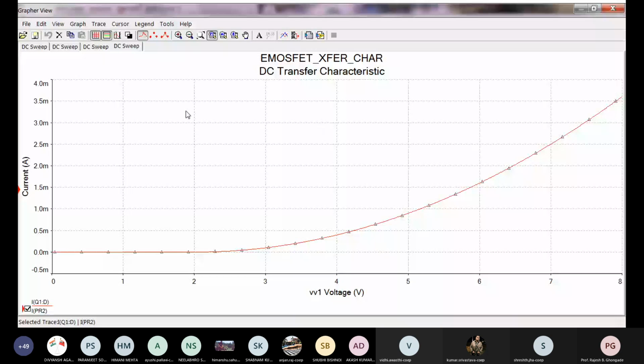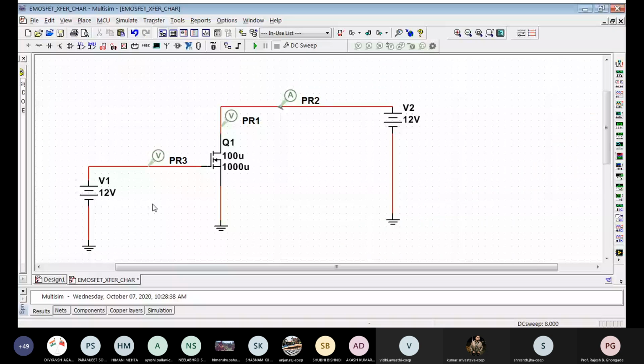Yes, sir. I think you should also try this. Look at the way in which I have rigged up this circuit. 12 volts as VDS. VDS doesn't play any role here at this point of time. Only this V1 I'm changing. This is VGS actually. So I'm changing the VGS and trying to find out the drain current for a given value of VDS. Is that okay? Yes, sir. Now let us see the output characteristics.